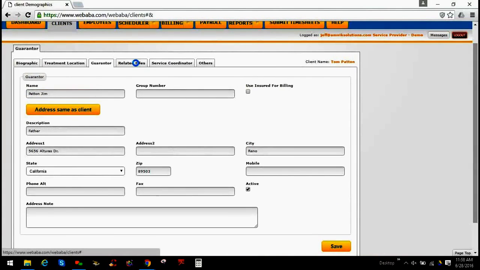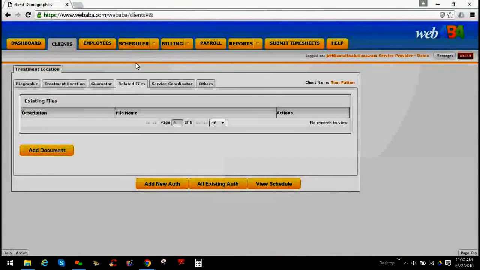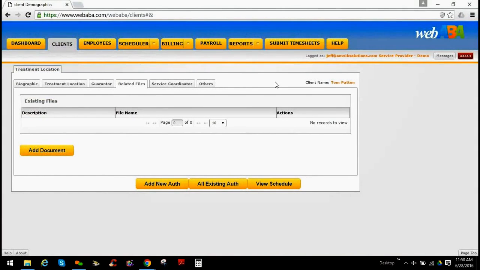This is where you can go and upload any sort of files specific to this client right here. So for instance, if you wanted to save a copy of the front and the back of the insurance card that you've scanned for your client, easily do it, save it as a PDF,